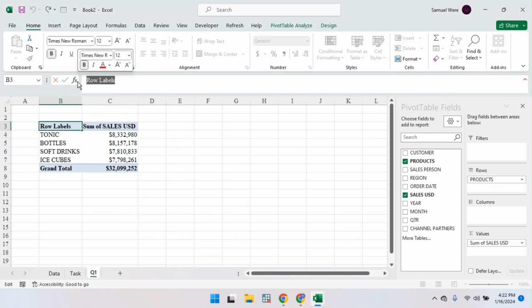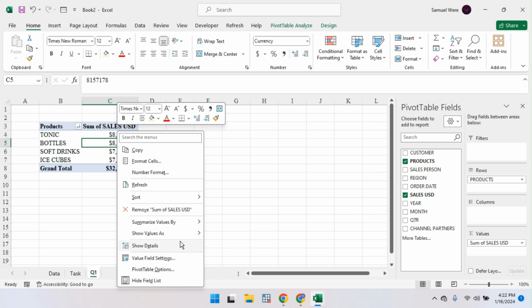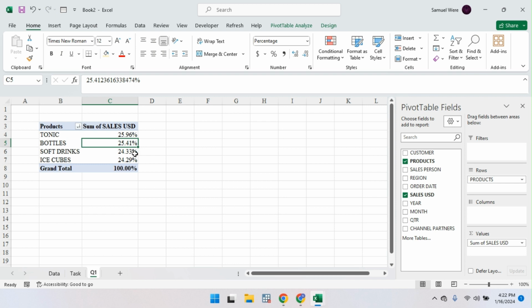Again, you can delete this one. These are products, so you can name this one Products. Another thing, you can show values as a percentage of the grand total. If you look at this point, there are several things you can do. Sometimes you get to an interview and they ask you to show the values as a percentage of the grand total. So this is basically what they need. So 25% of the total sales, that is basically a quarter of the total sales, is from tonic and